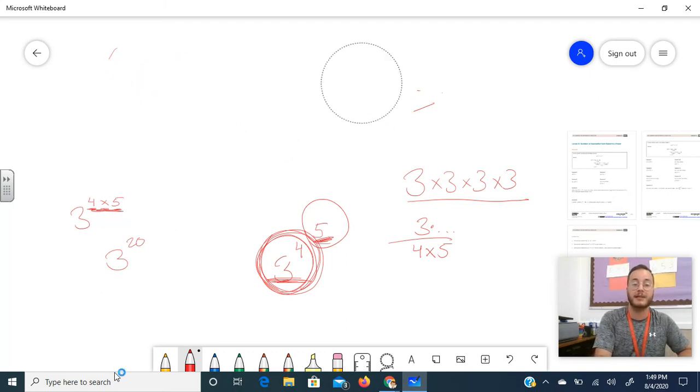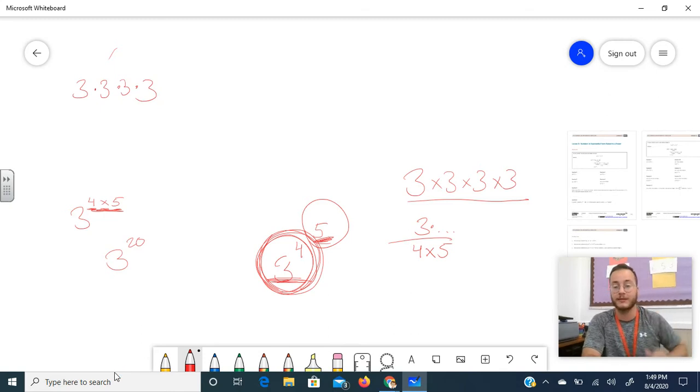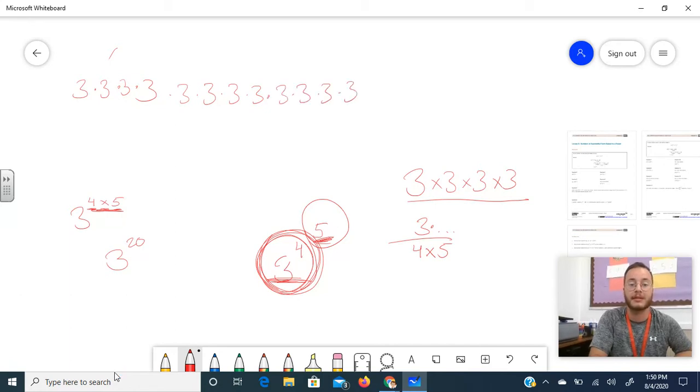I know this because I said 3 times 3 to the 4th power was 3 times 3 times 3 times 3. That's 3 to the 4th power. And it happens a total of 5 times. That would be 3 times 3 times 3 times 3. That's the second time, times 3, times 3, times 3, times 3. Third time, times 3, times 3, times 3. Fourth,